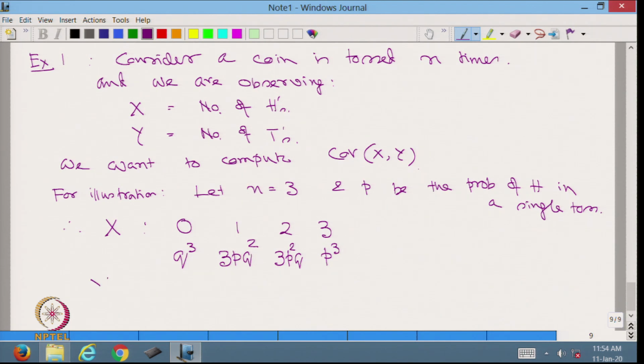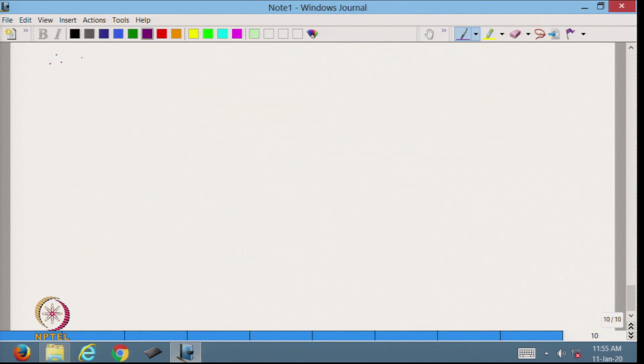Y is the number of tails. Y also can be 0, 1, 2 and 3, and probability Y equal to 0 means all 3 are heads, that is p cube. Probability Y equal to 1 means 3p square q, then 3pq square, and this is going to be q cube. Therefore, XY can take the values